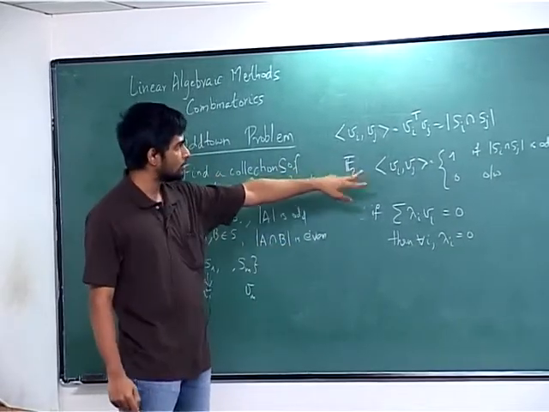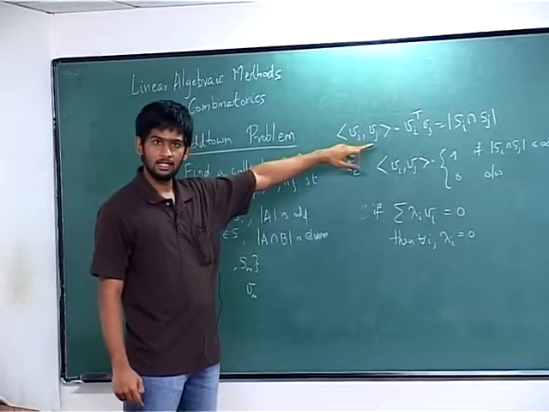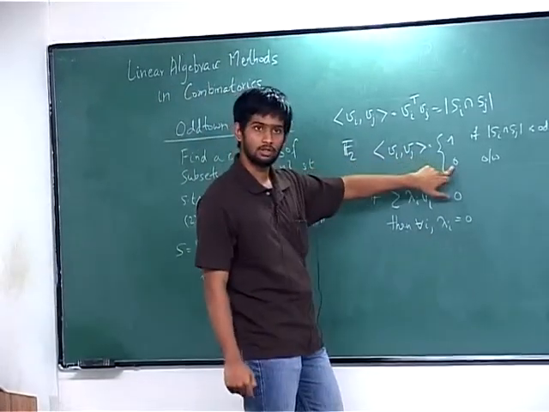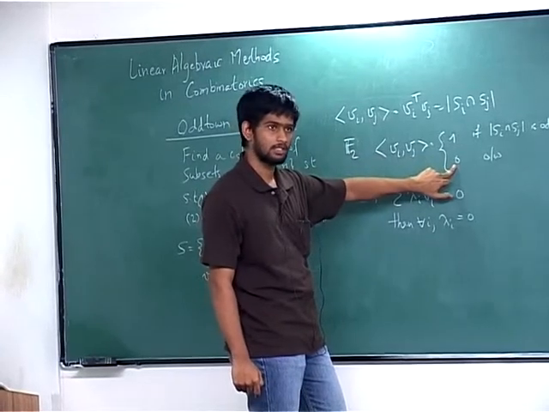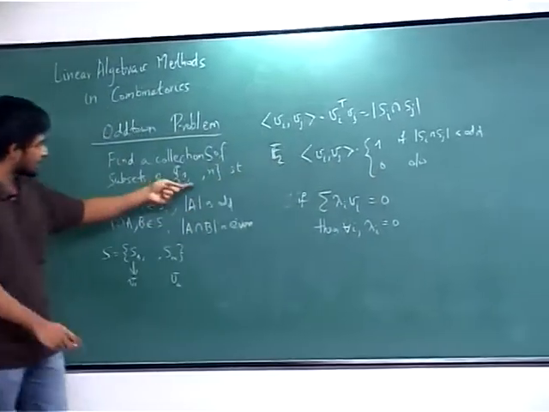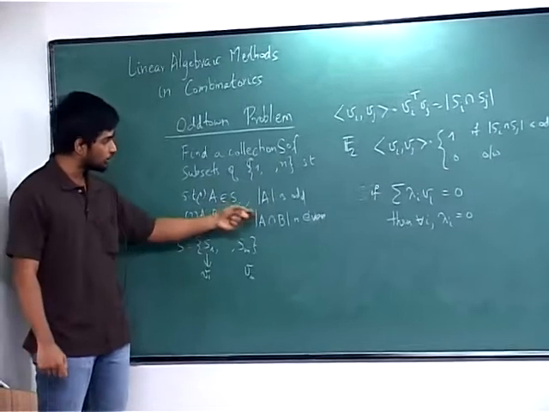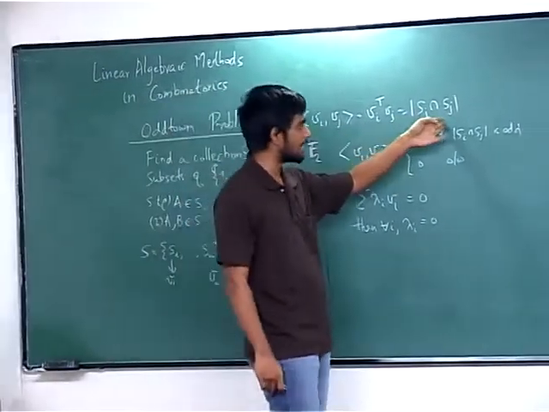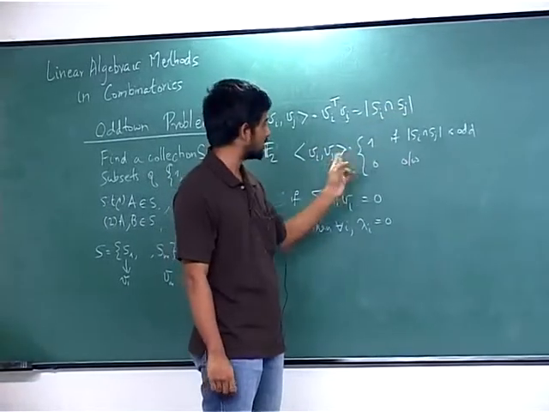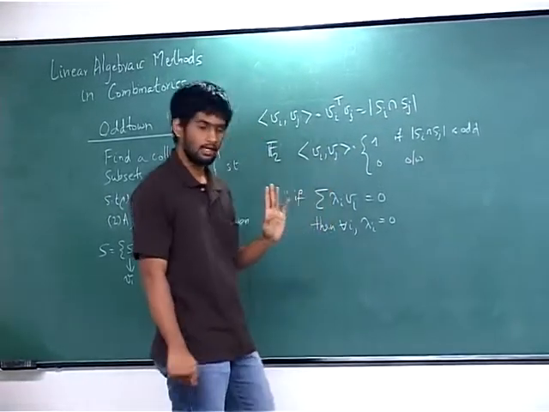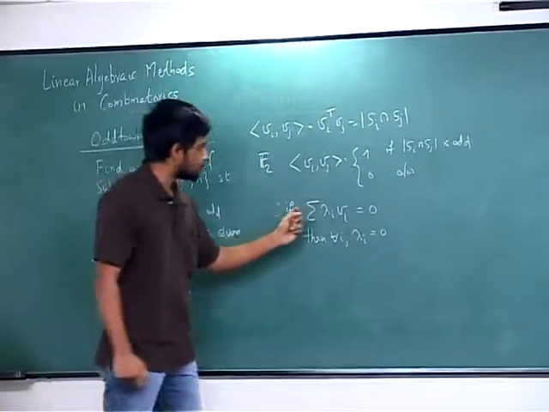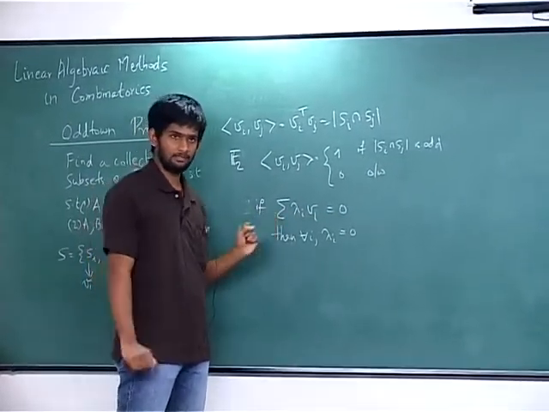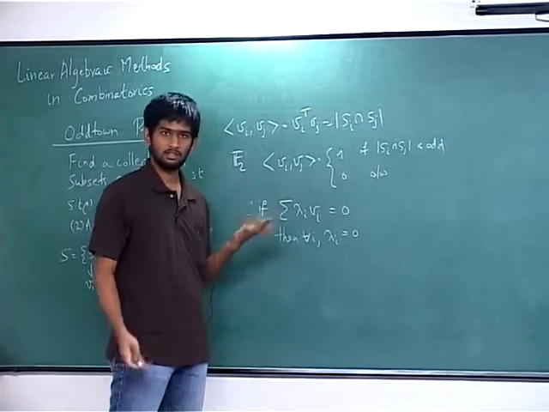So if you look at any two different Vi and Vj, then their inner product is going to be 0, isn't it? Because these Vi's are coming from this collection here, and I know that their intersection is even. Therefore, Vi Vj is nothing but the cardinality of this intersection, which is even. Therefore, this inner product is 0, right? And I want to prove that this is actually going to give me a linearly independent collection of vectors. So suppose not, it's proved by contradiction.